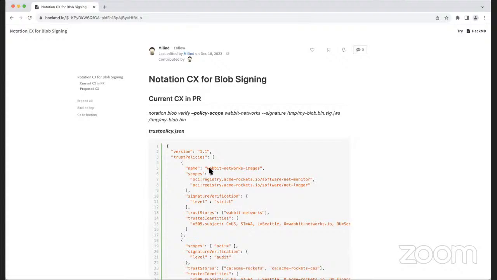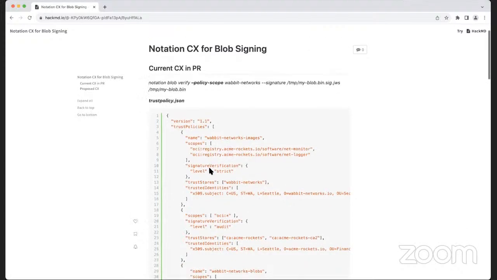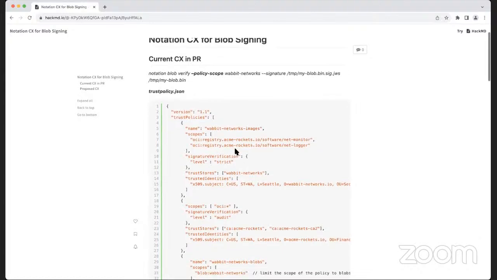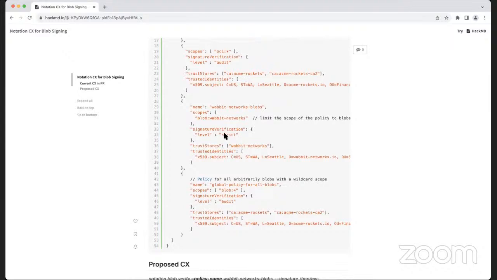Generalizing that makes it difficult, I feel the concept may be difficult for end users to understand. Also, the meaning of that concept is different in different contexts. In the registry case, it is a prefix, but in the blob case, it's nothing that filters based on the incoming artifact. It's just a label for the policy, my interpretation. And name is already an identifier or label for the policy, which is where I'm leaning towards.